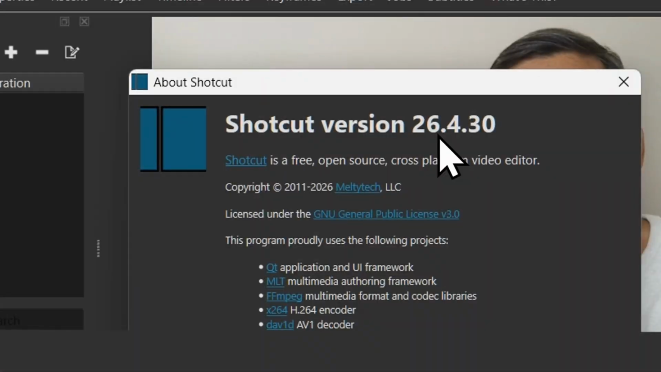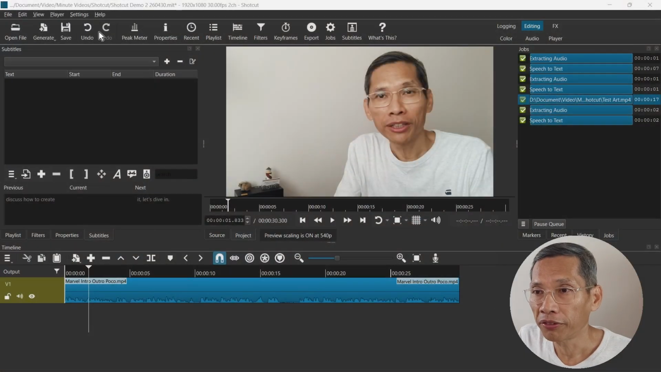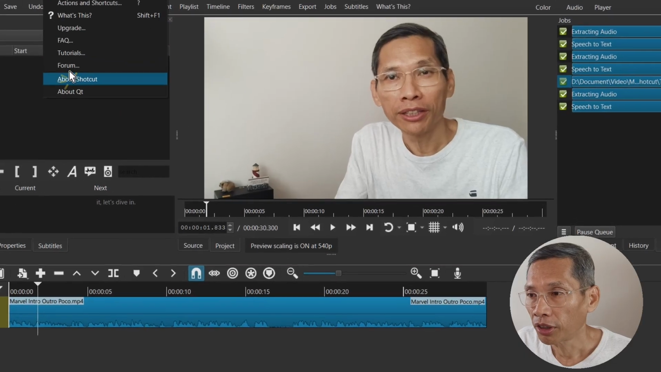In this video, I'm going to cover what's new in Shotcut version 26.4.30. There are a bunch of things that I want to cover, so let's dive in. So let's take a look at the screen that we have now. This is Shotcut